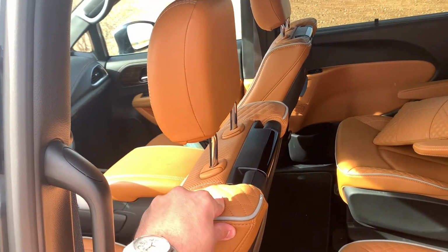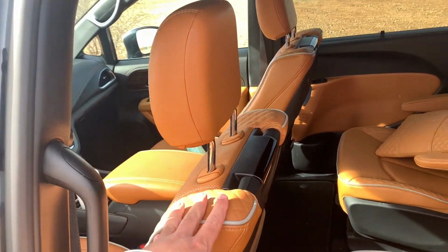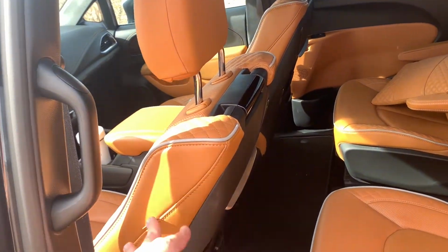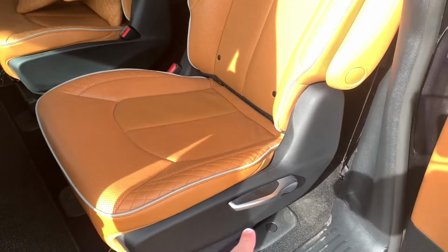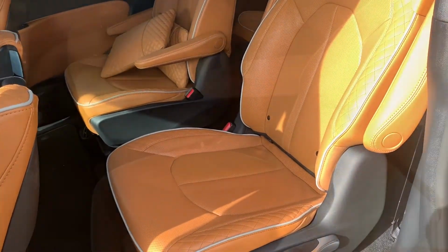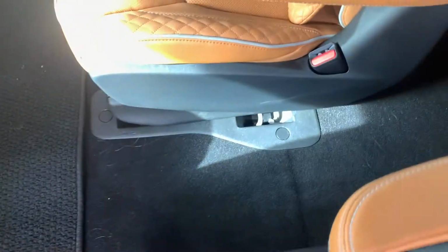Now the front seat is at the angle that I'm most comfortable at, gives me enough legroom and everything, so that kind of gets in its way. But just so you know, you can actually tilt the whole thing forward. And to get to the back, I can either go through the center aisle,